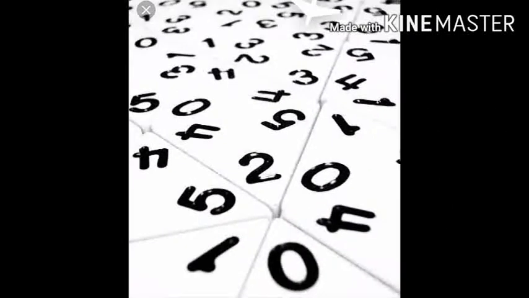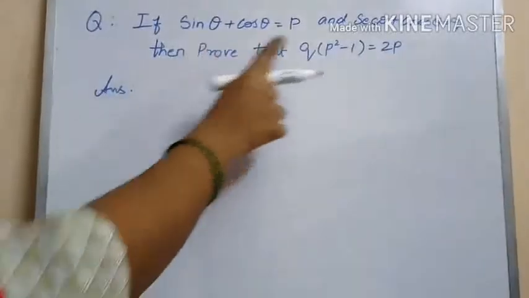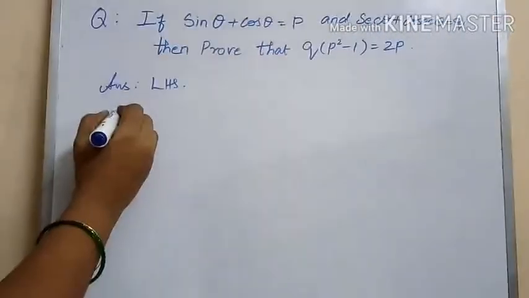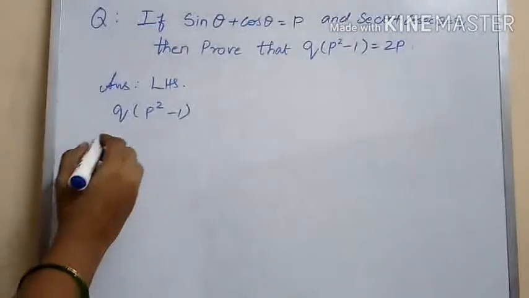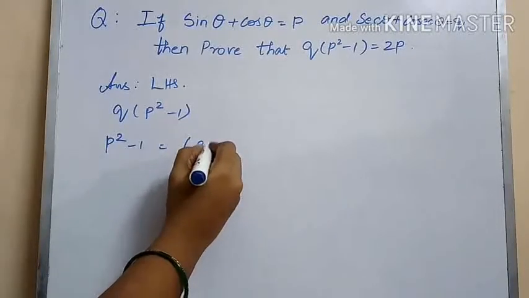Let's get started. In today's session of trigonometry, we have the problem: if sin theta plus cos theta is equal to P and secant theta plus cosecant theta is equal to Q, then prove that Q into P squared minus 1 is equal to 2P. Let us now consider the LHS, Q into P squared minus 1, in which